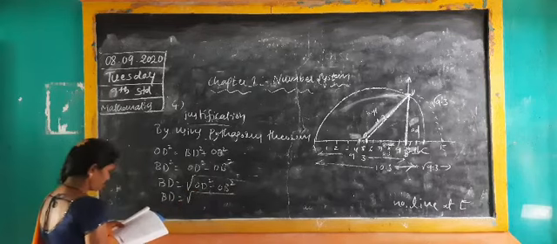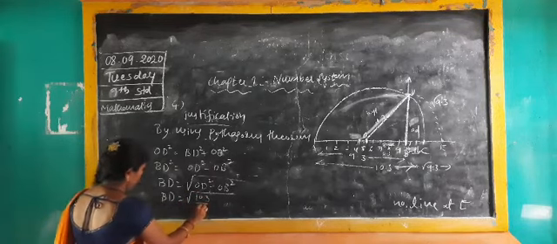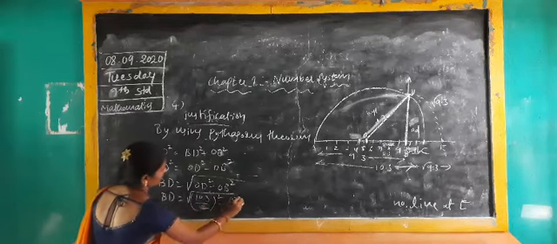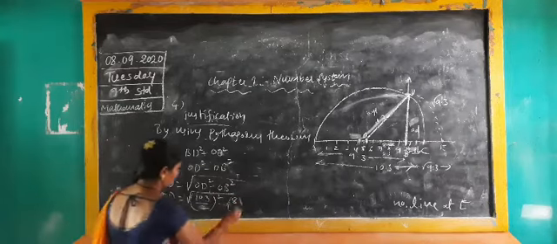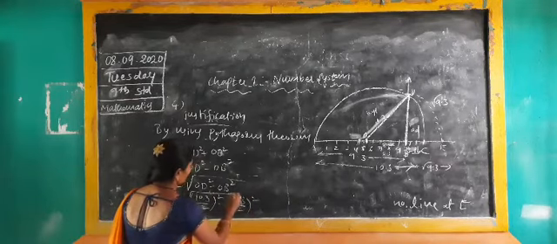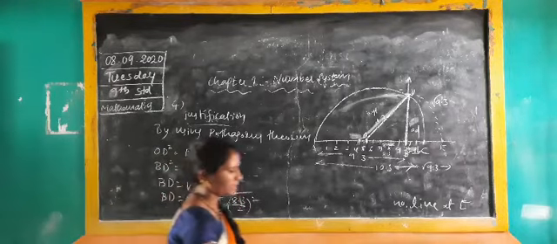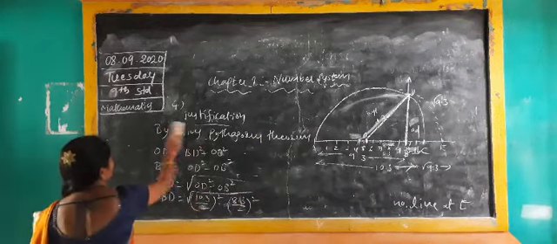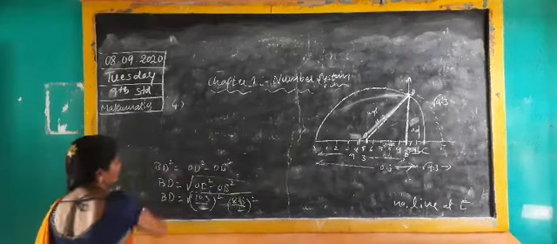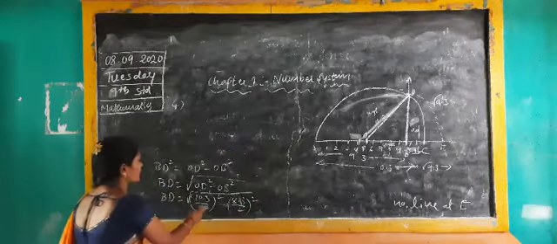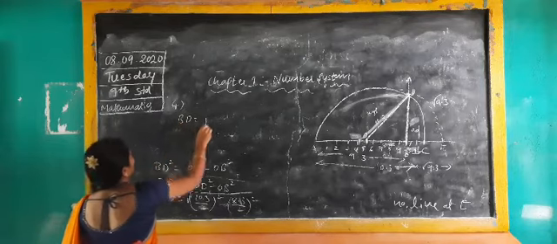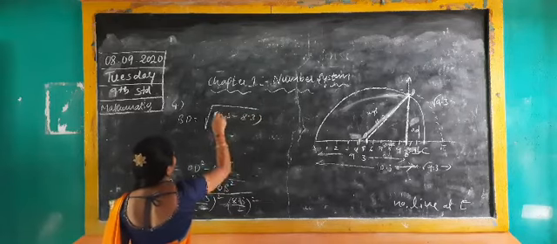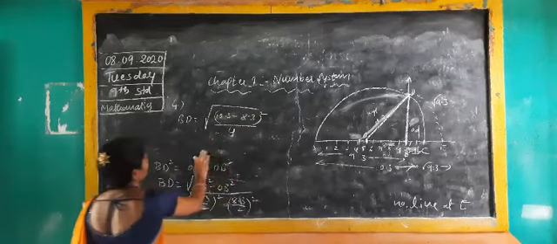OD square means (10.3 by 2) whole square, and minus 8. What is there next? Solve. It's only justification. Here, say 2 is there, square root as it is, write down. BD is the square root of, I am writing, (10.3 minus 8.3) whole square divided by 4.